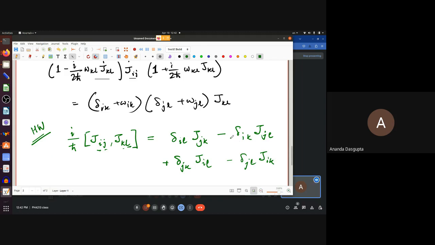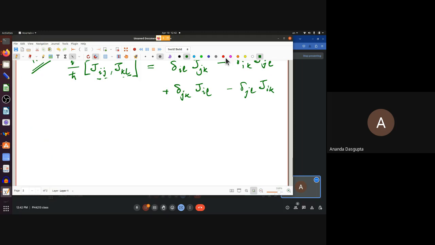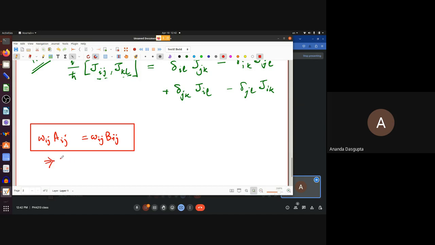This should be pretty easy to figure out, except that you have to bear in mind one very important thing, which is this. If you get omega_ij a_ij equals omega_ij b_ij, does this imply a_ij is the same as b_ij? Remember, omega is arbitrary. This works for all rotations. So